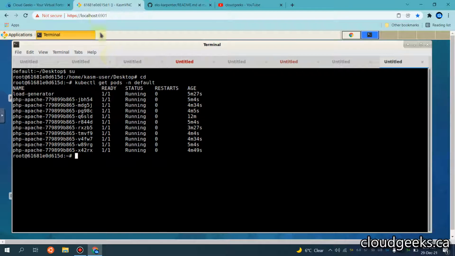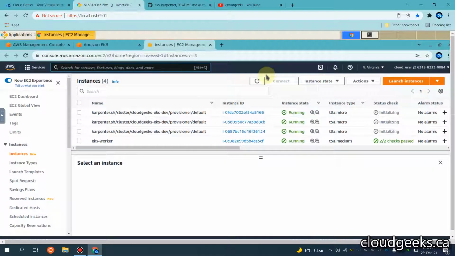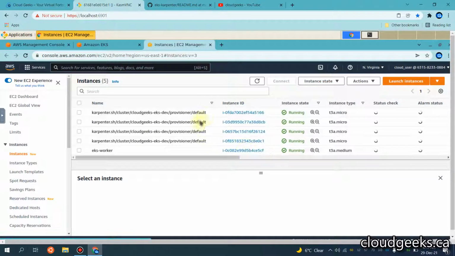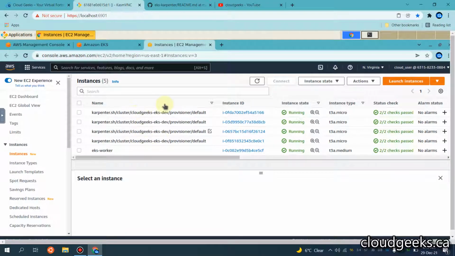Excuse me. So we are now able to see that it has launched the right size EC2 host machine on which our pods are living. And you see it has launched one, two, three, four pods, and it has automatically launched itself.